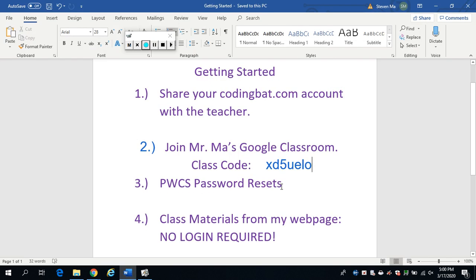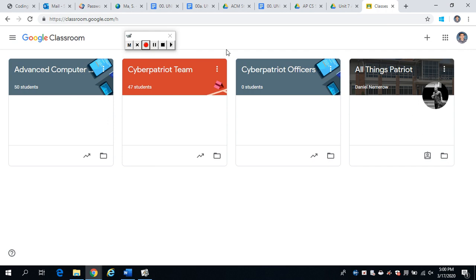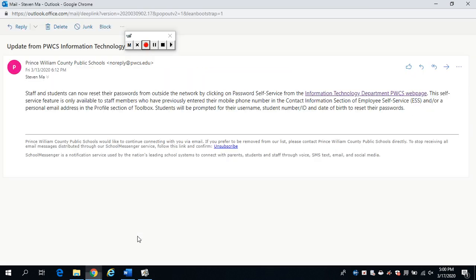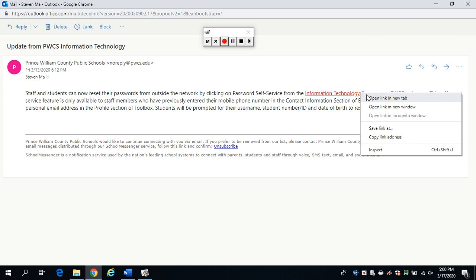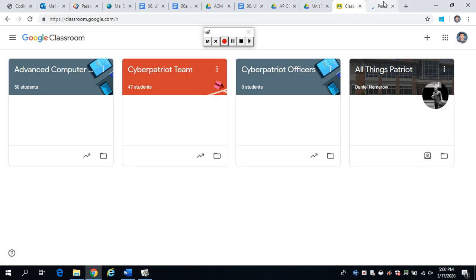The third thing I'll talk about is PWCS password resets. So you might be in a situation where you want to reset your password. Some of you may have received an email that looks like this. I know I received this email. It says, staff and students can now reset their passwords from outside the network by clicking on Password Service from the Information Technology Department PWCS webpage. So I just clicked on that link and I went to it,